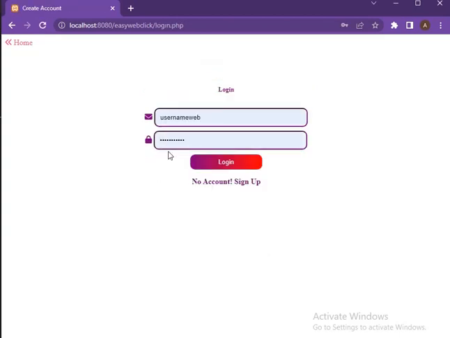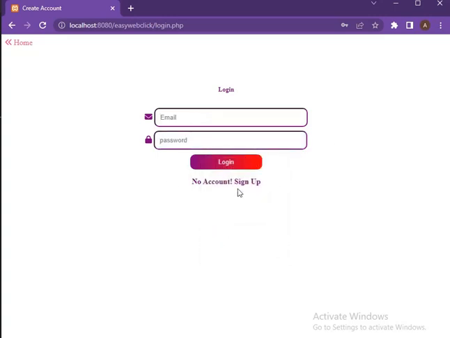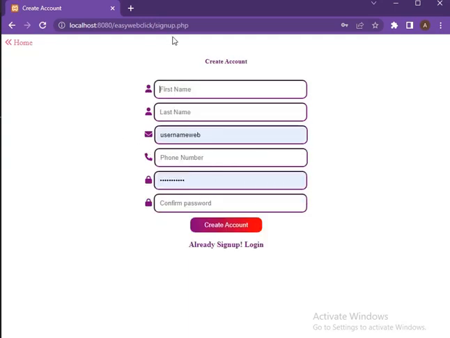So when I click on login, it will navigate me to the login page, as you can see on the screen. When I click on sign up, it will navigate me again to the sign up page. So let's start